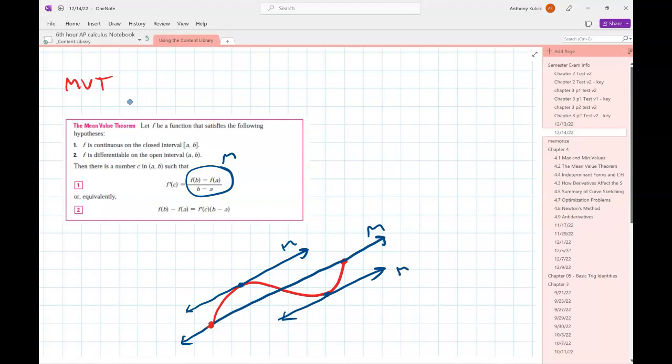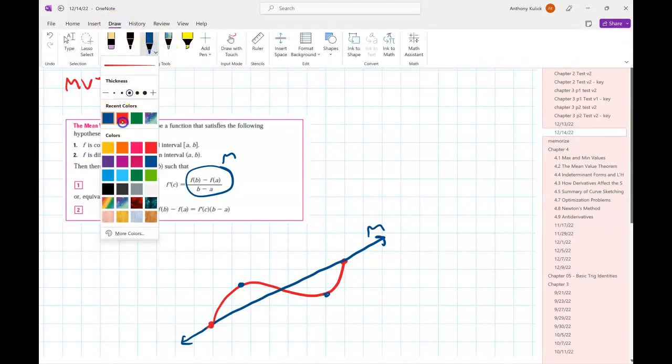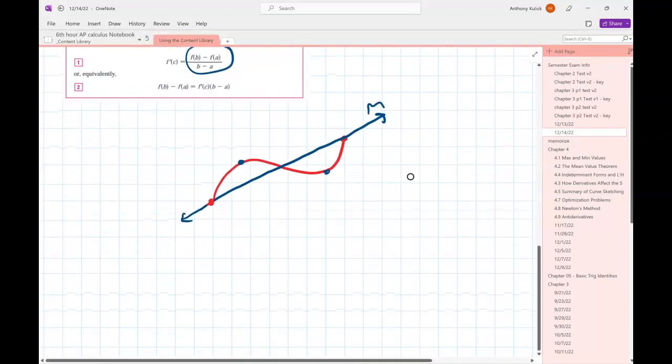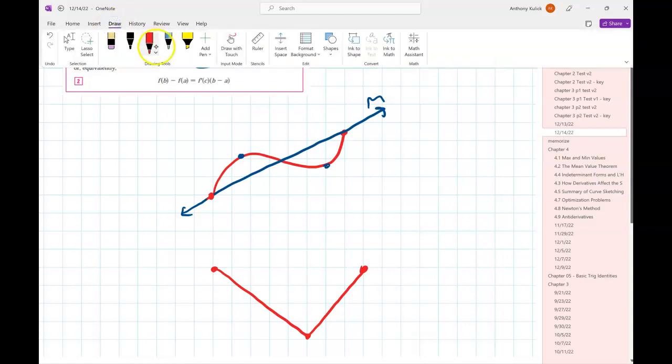But that's all it's saying. So again, where can this fail? When it's not continuous on a closed interval. It's not differentiable. So let's say that we had this as our f of x. Now it's continuous on the closed interval, but it's not differentiable,